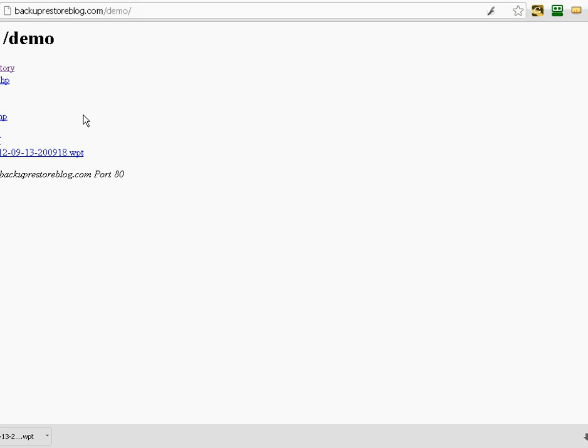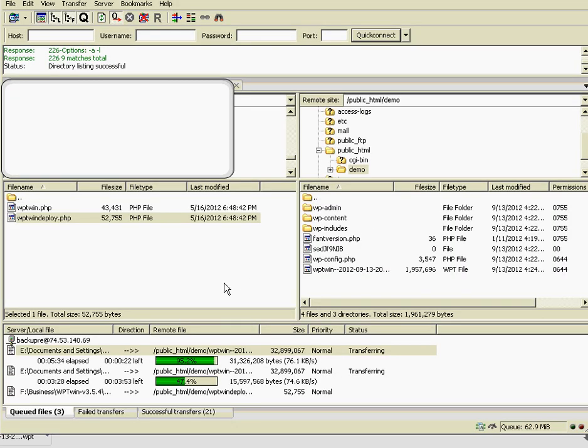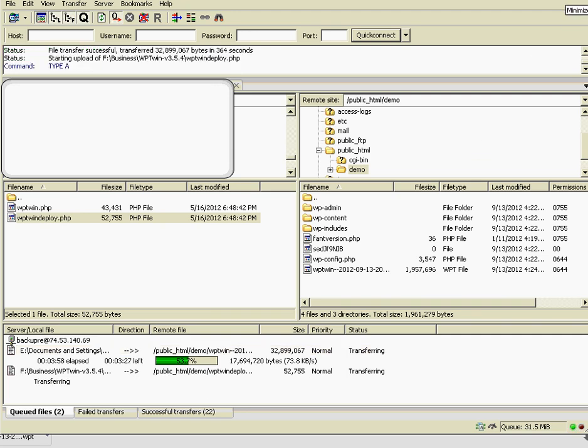okay, so it looks like we're getting this error message here because I checked and the file was not completed uploading yet, and like I said, it's going to take me a little bit more than 2 minutes because I'm using my Wi-Fi. Sorry, I didn't get to use my cable to show you exactly how fast it was, but nonetheless, typically it's going to take you less than 2 minutes to upload, backup, and restore any of your WordPress blogs. So now that this is completely uploaded, let's go and try it again,